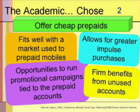The academic also selected option 2, to offer cheap prepaid accounts. Why did they choose this option? The market is now familiar with the concept of prepaid accounts, primarily through prepaid mobile phone plans. Having a prepaid account reduces the consciousness of how much they are spending, and is more likely to lead to